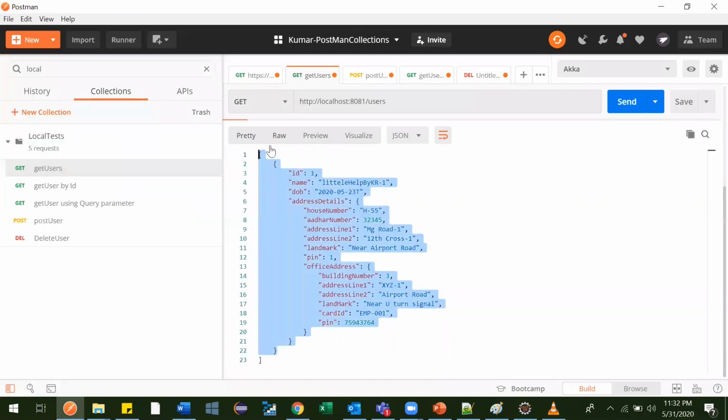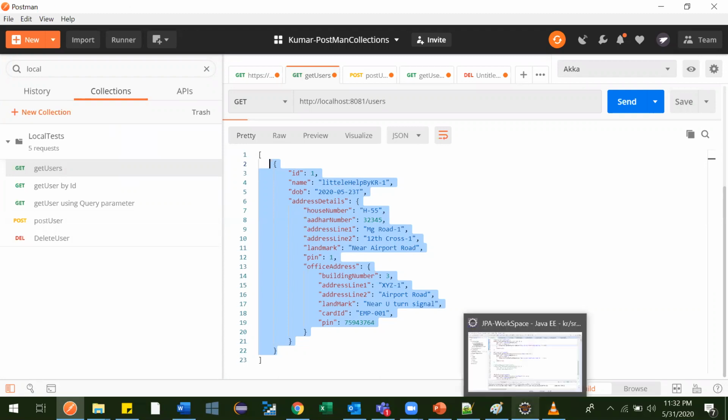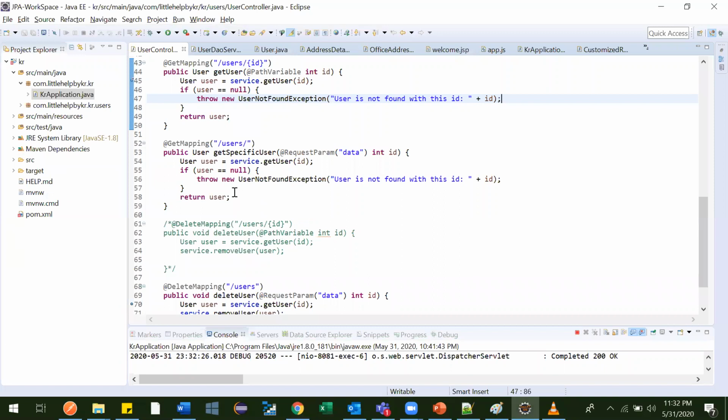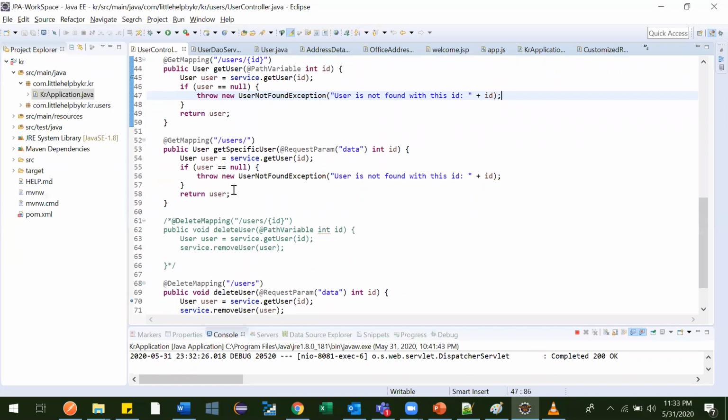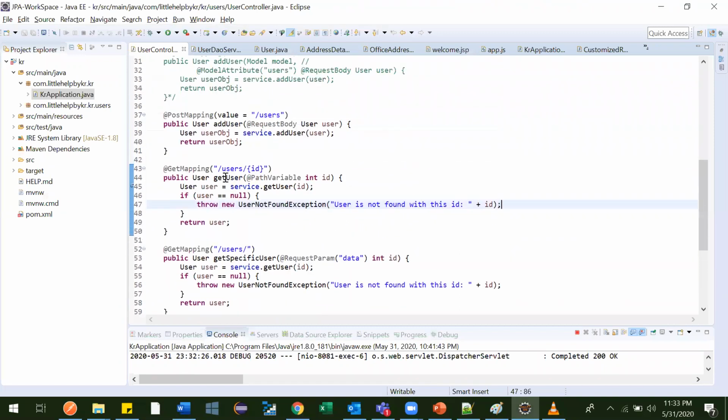Now to register a user, the developer has given one more API. I will show you. See, the post mapping. The resource for this is slash users. The first one is the base URL and then slash users, and this is a POST request.